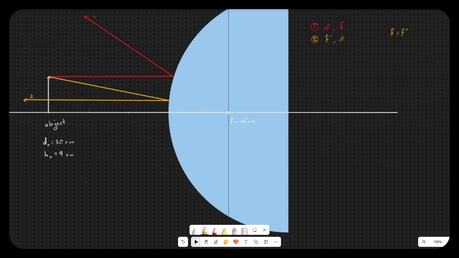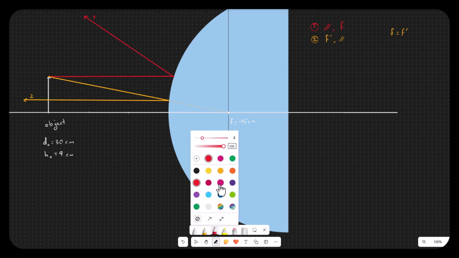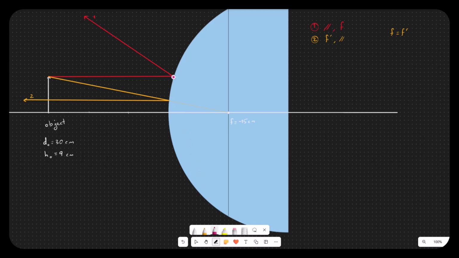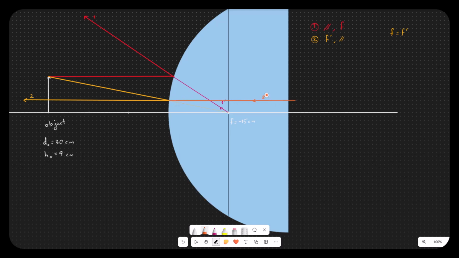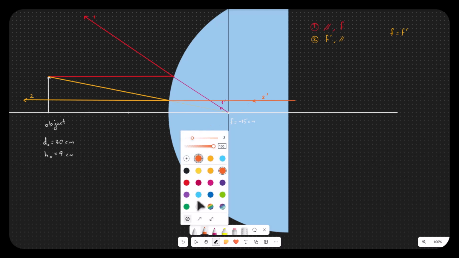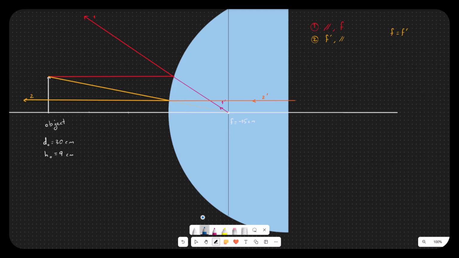Here we go. Ray 1, I'll trace back with, again, a slightly different color. And there's what ray 1 prime would be doing. Ray 2, I'll trace back with a slightly different color. And 3 dots up, and 3 dots up. So there is what ray 2 would have been, ray 2 prime, and I end up with an image that is right here. My image is upright,